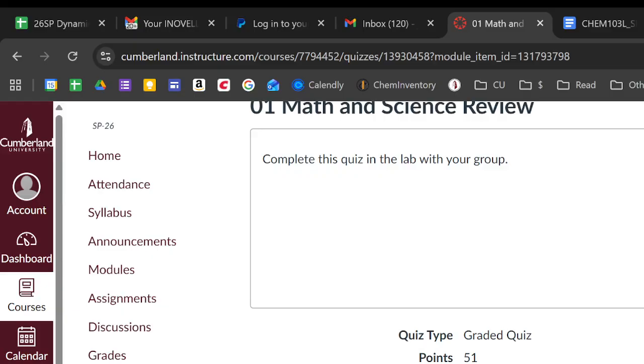Okay, make sure you get that check-in. If you don't do the check-in now in lab and the check-out in lab, you can't do them outside. So if you try doing them at other times, it's not going to work.